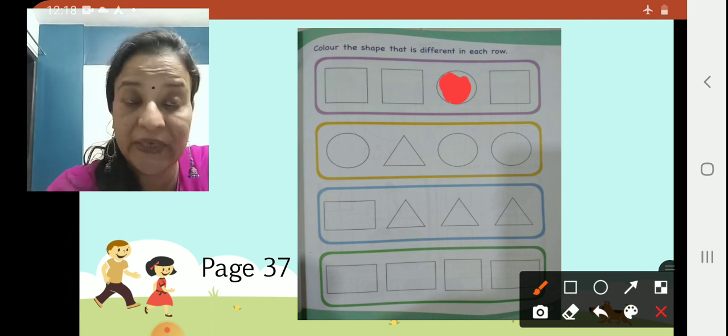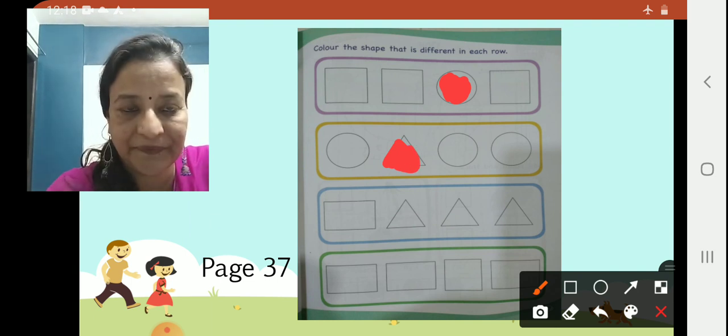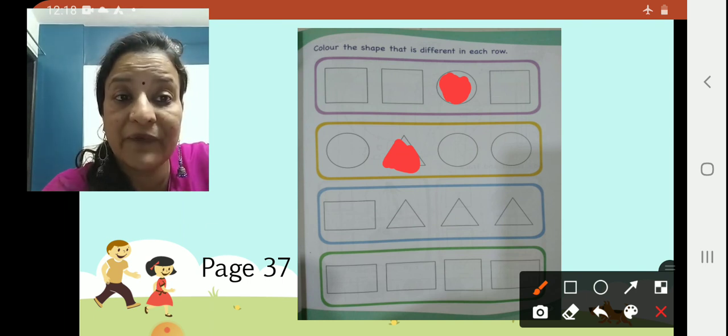Now in the next row, which is different? Circle, circle, circle, but this is a triangle. So color that. Now observe in the third row, we have only one rectangle and the rest are all triangles.